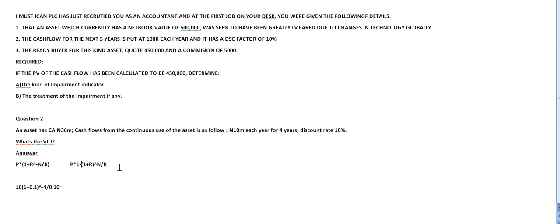So what do we have? Please go ahead. Tell me your answers. 68.3. Okay. So what is the impairment now? If we are all agreed on our answer,